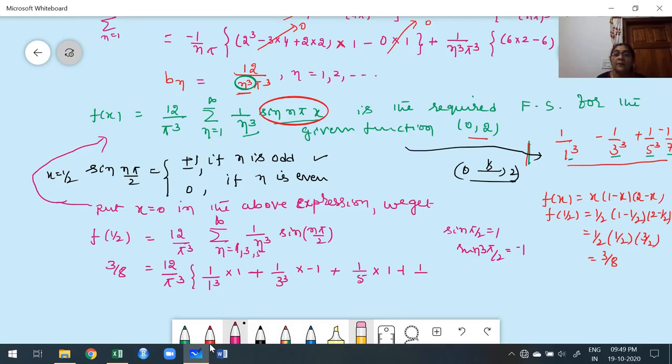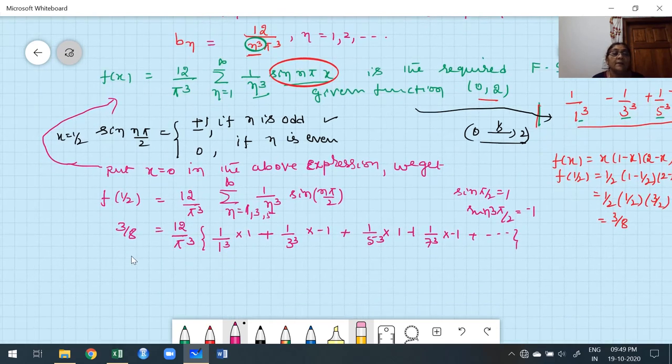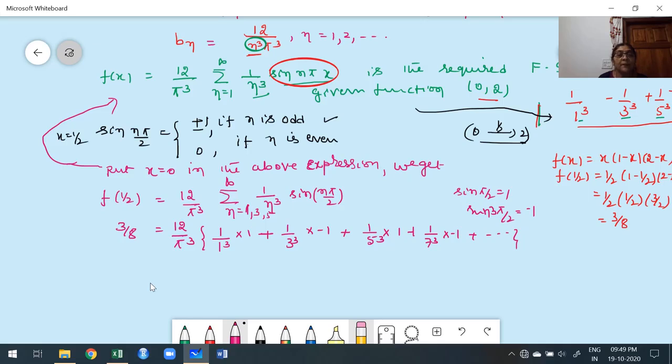Sine of 7 pi by 2 is what actually? Minus 1, etc. Now you simplify that. You take a cross multiplication of this. What we get? Now take pi cube. Yeah, this is a cross multiplication for this. Pi cube, 3. Now before taking a cross multiplication, 3 1s are 3, 4 3s are 12... 3 1s are 3, 4s are 8, 4 8s are 32. Okay. 32.